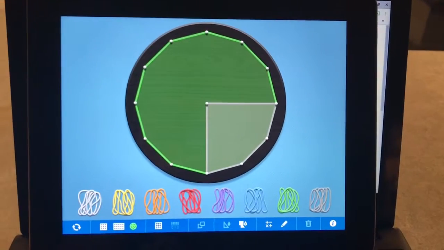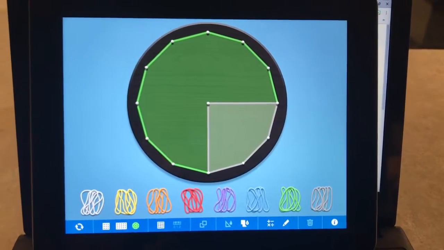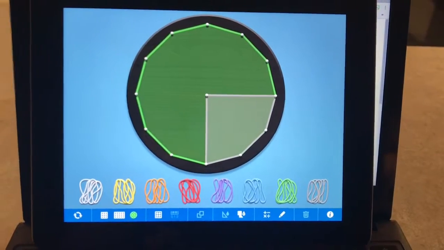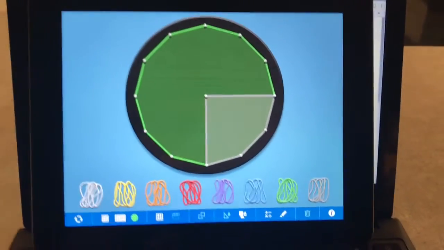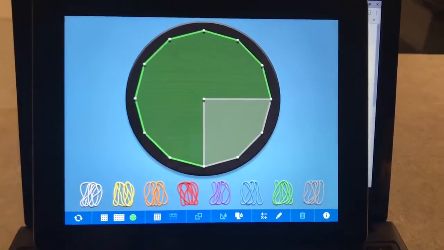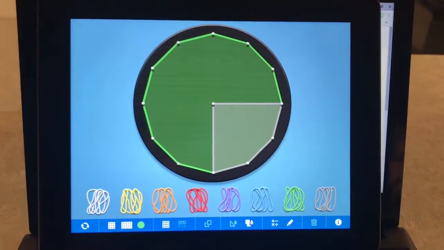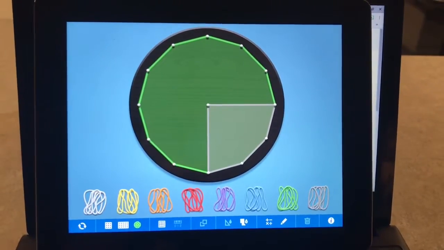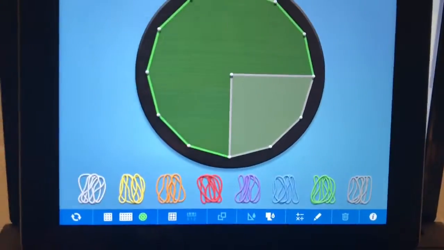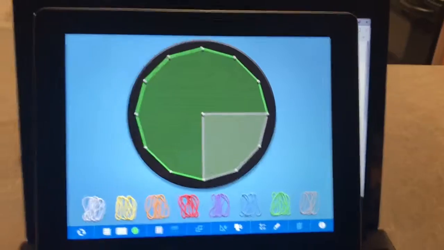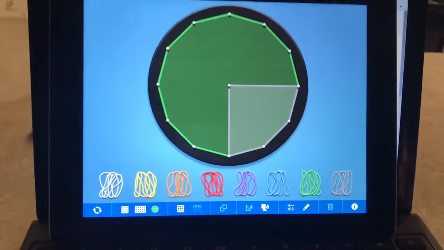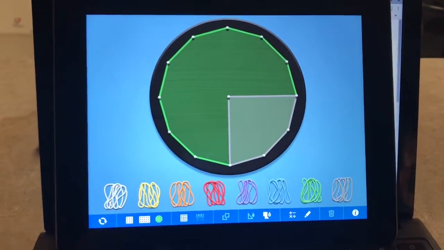And here would be a great example of how you could give your students a visual representation of part-whole fractions. This is also neat because with hands-on geoboards, like the physical ones, it's probably really difficult to show your students in the classroom, but if you put this app up on the projector, you'd be able to work along with them. So for instance, with this, you might tell your students